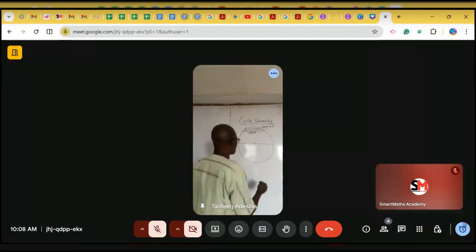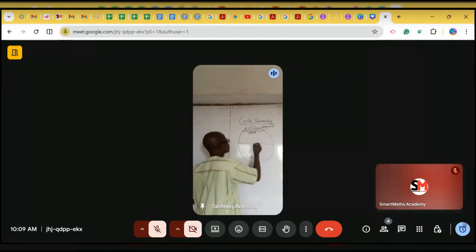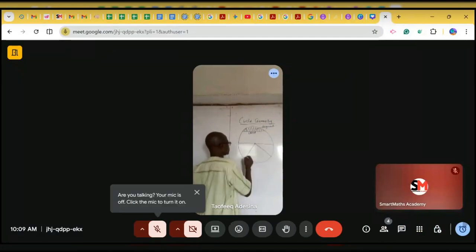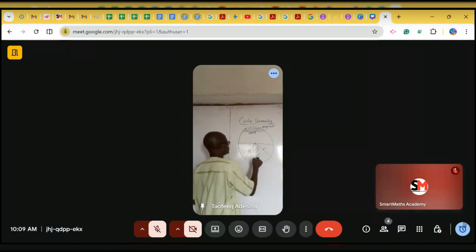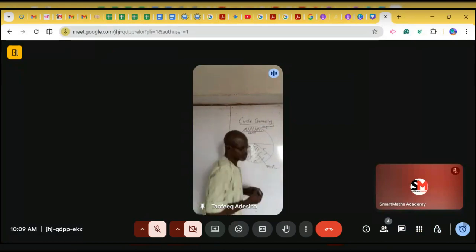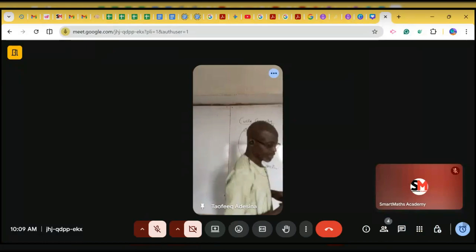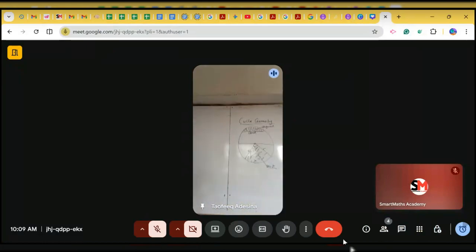Also, what we call a sector. Please move the black icon on yours, you can move it up. Okay, great, thank you. This part here is a sector. A sector has to do with the angle, but a chord does not have to do with the angle. So there are several